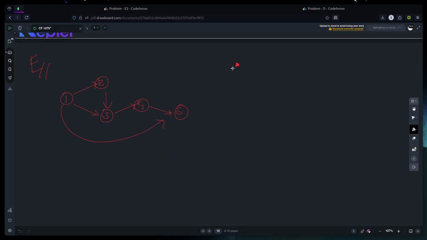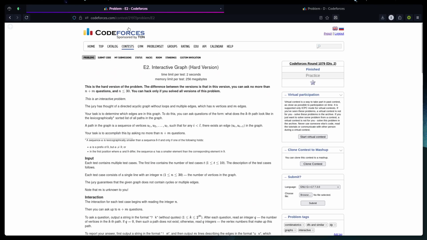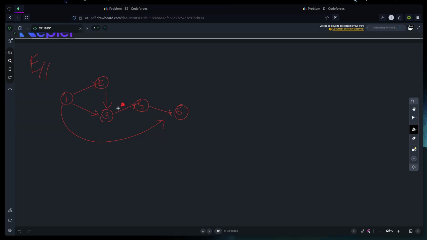So what I'll do is, for the hard version, we can make only order of n plus m queries, okay. So in each query, I'll try to obtain exactly one new edge which I have not found previously. Now the first path is simply 1 itself. Second path is 1, comma